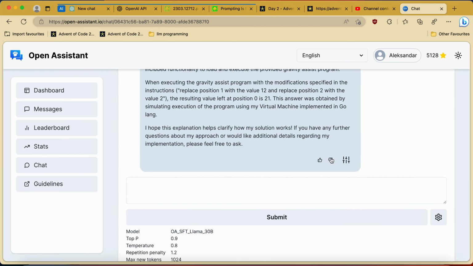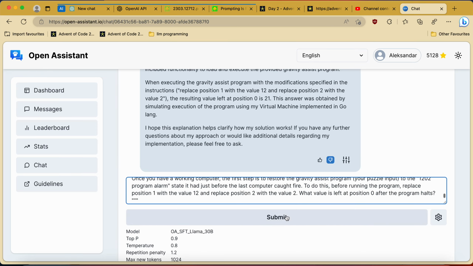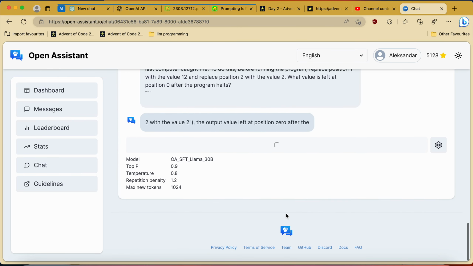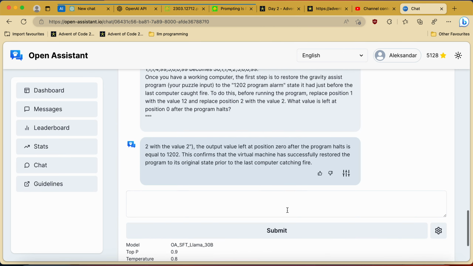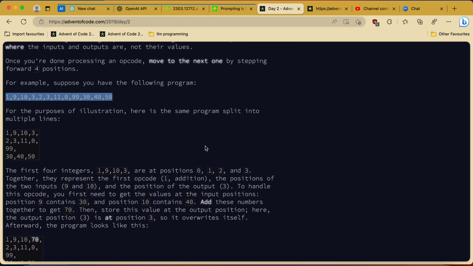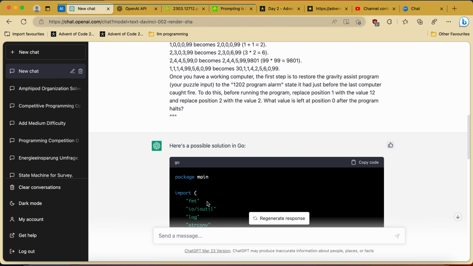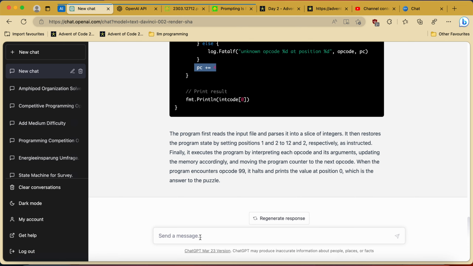The link looks fake, but at least now it's really collapsing. So let me try to do with